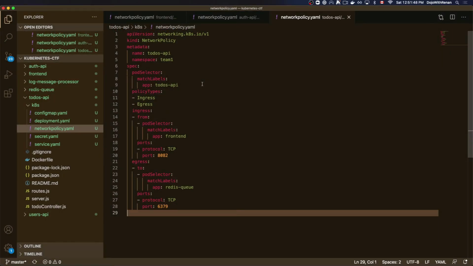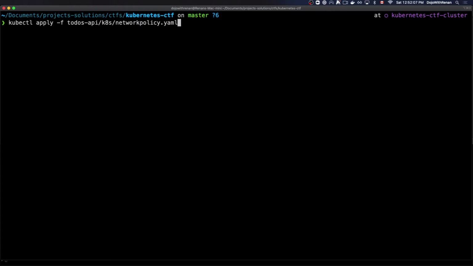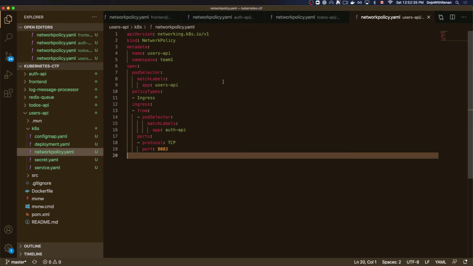For the TODO's API, this is the policy. And basically I'm saying that it only accepts traffic from the front end on port 8082. And it can only send traffic to Redis on port 6379. Okay, it has been deployed. Then user's API is going to be a little bit simpler because it can only receive